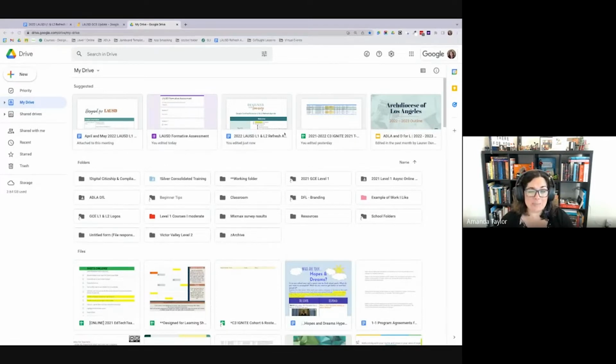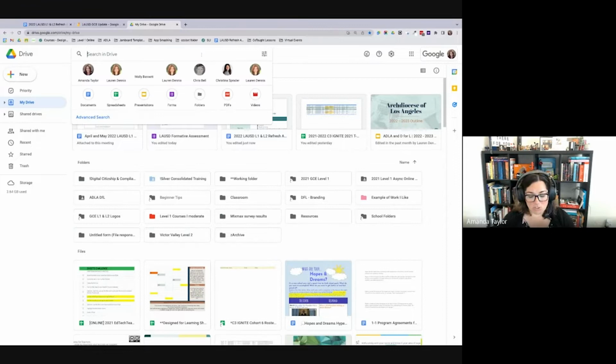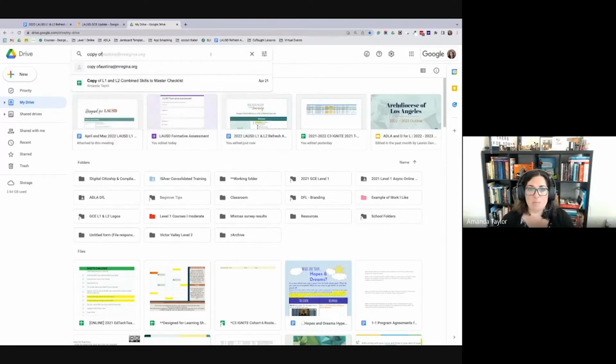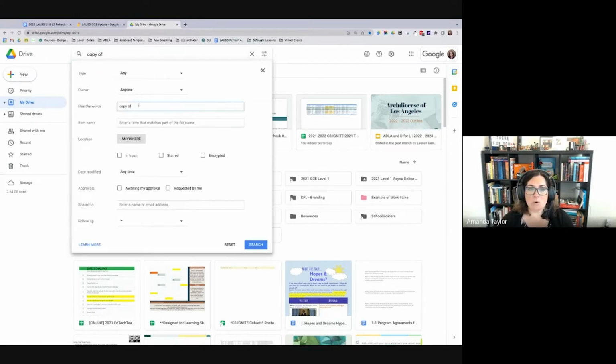One of the quick tips that I like to share with people is to do a quick search using the words copy of, but we're going to click the search options here and make sure that copy of is in the item name and not just has the words. So I'm going to do copy of, and then I'm also going to change it to the owner owned by me. So item name, copy of,